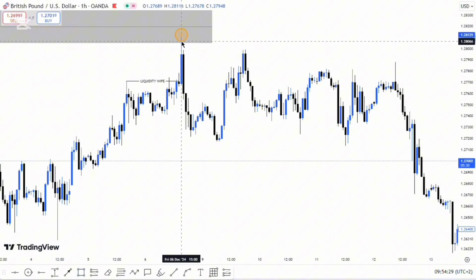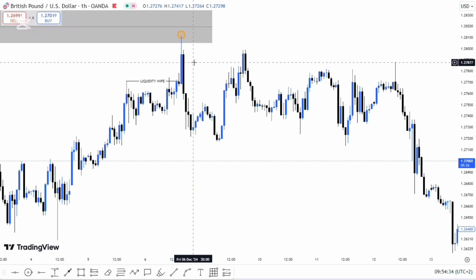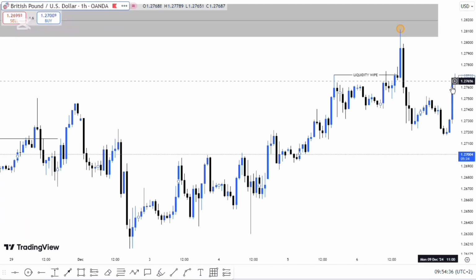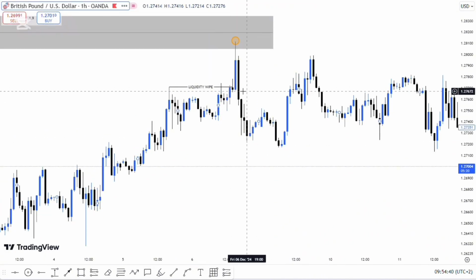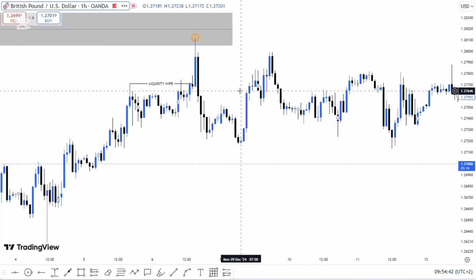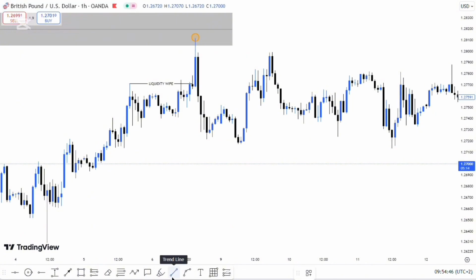So this is how you can use stop loss hunts to your advantage. As you can see, this is a huge stop loss hunt, and this can take out anyone trying to take sells from this point. So now, on how to use them to your advantage, the next thing you need to do